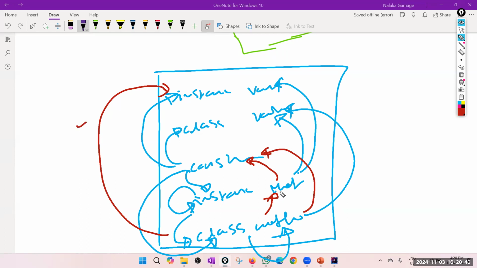Why? I told you the most beautiful word in this world is why. So then you must tell me why. Anyone? Can you explain why this is not allowed? If you try to do this, you will get a compiler error. That is your class method accessing an instance variable. Anyone? Simple answer. Your instance method can call an instance variable, but a class method cannot call an instance variable. Or call means refer, read or change. Can anyone tell me why?